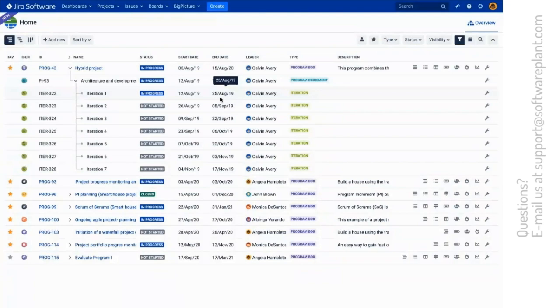So what is important is that the concept of a program slowly matured or evolved to